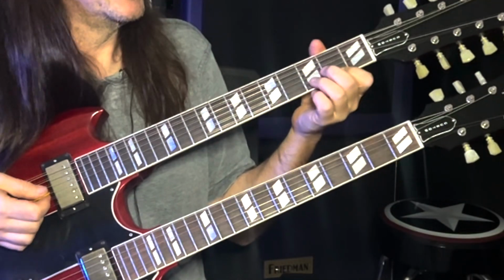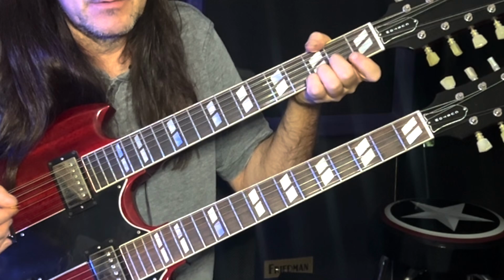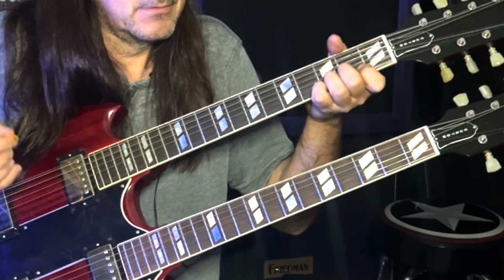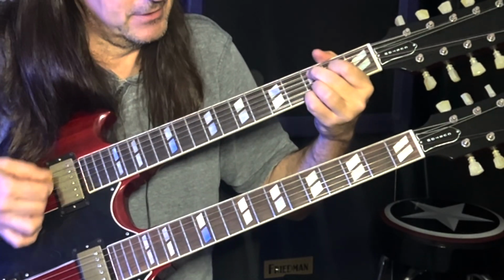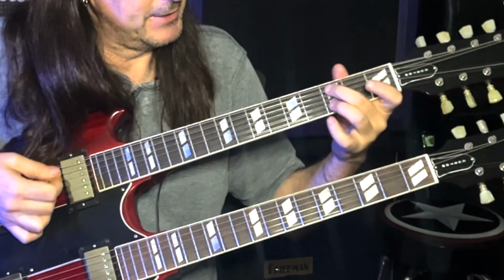So what he's doing there is a D and a D sus4. So we're strumming like that. Then we're going to do a C9. So we're just basically doing this C. I'm going to play it with these two fingers here. I'm going to play it like...